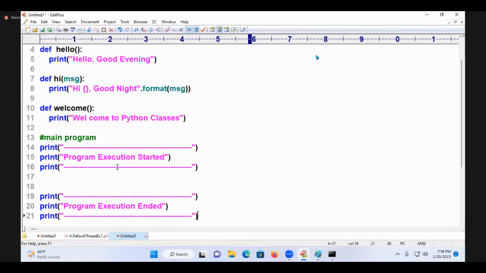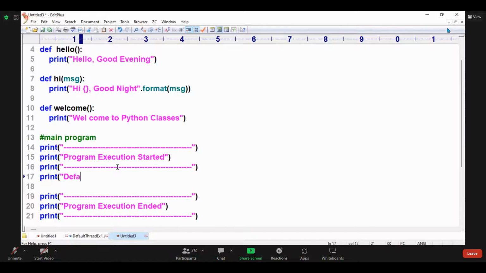Okay. In the middle of it, what is happening? You see, I will print the thread name also. Thread name also I'll print. Which thread name? Main thread. And what is the default thread? Print name. What is that? Default thread name is equal to